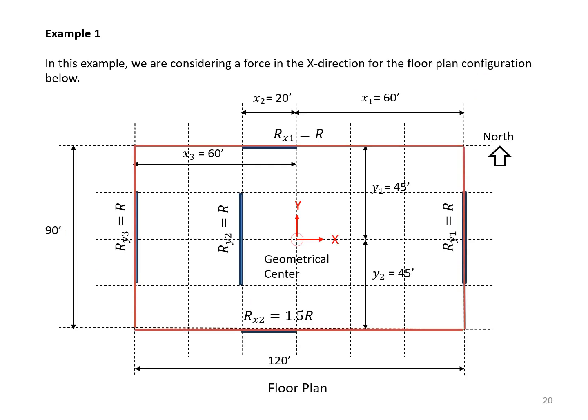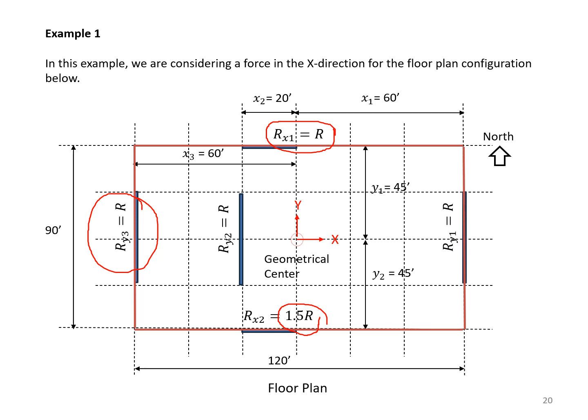Let's look at some examples. In this example, we are considering a force in the x direction for the floor plan configuration shown. On the north wall or north frame, we have rigidity equal to R. In the south, we have rigidity equal to 1.5 R. So there is some unsymmetrical condition. Parallel to the y-axis on the east, we have an element with rigidity R. On the west,